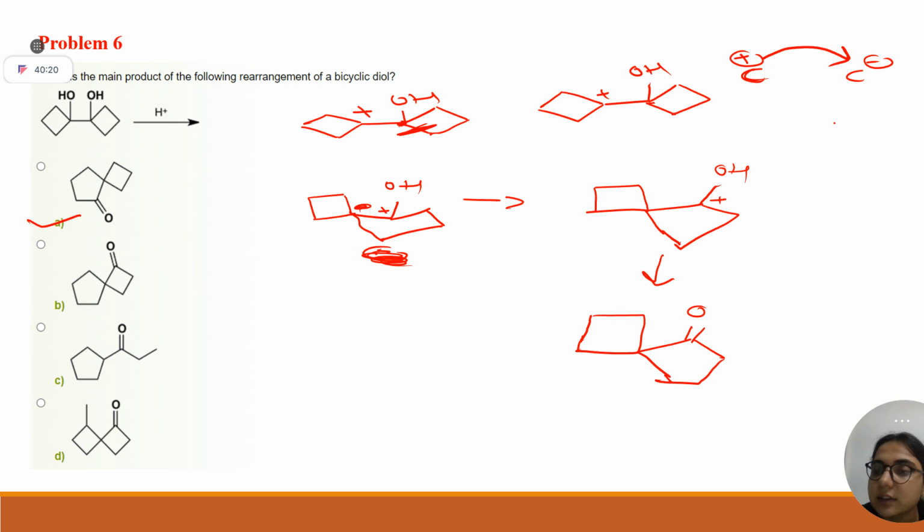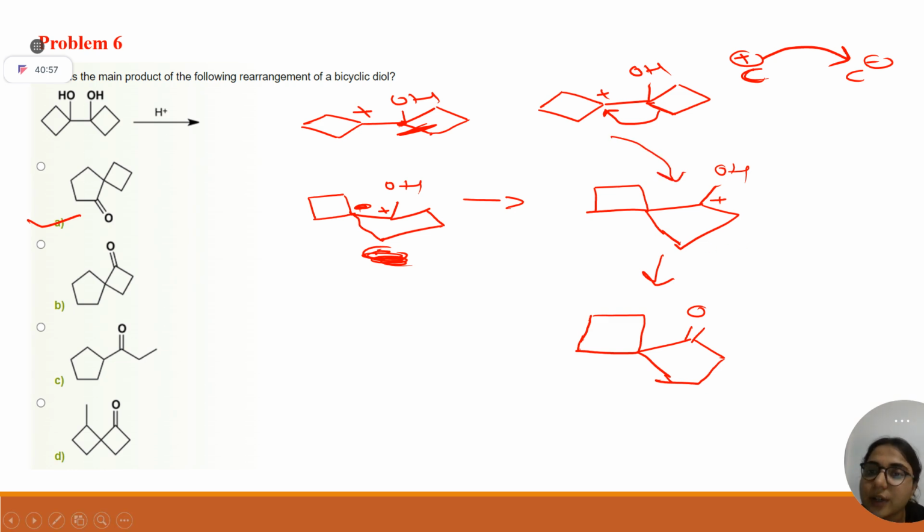You may study in Clayden how to write the mechanism clearly, because in competitive exams you can do it directly and reach your product, but in your college exams you have to write your mechanism clearly. So if you are going to break this bond, how will you show it? Like this, from the center. Here it will be positive, here it will be negative, and this negative is going to attack this positive. And you will directly reach this position.